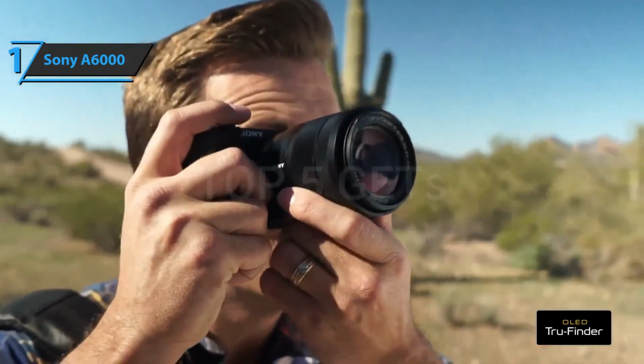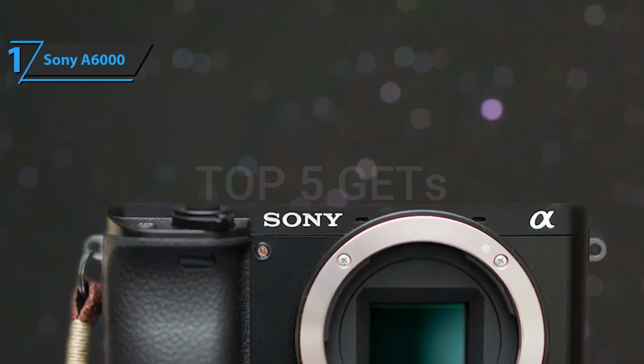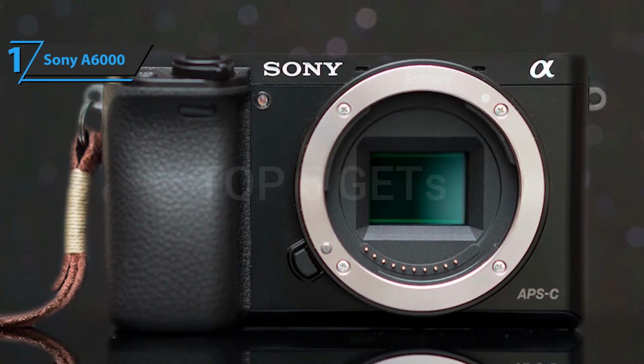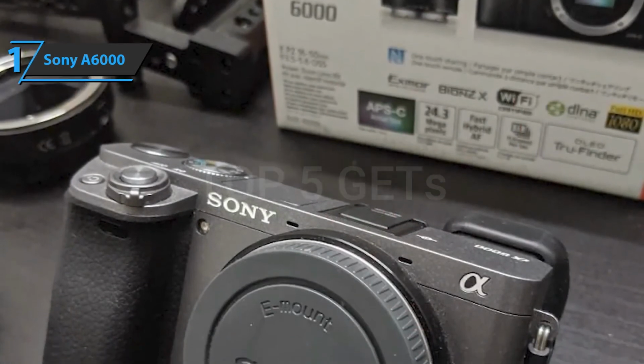For those who are not ready to dare to shoot in manual shooting mode, there is an excellent intelligent auto shooting mode that recognizes scenes and quickly and reliably adjusts all exposure parameters. The Sony A6000 is a great compromise between a DSLR and a compact camera, and offers everything for more